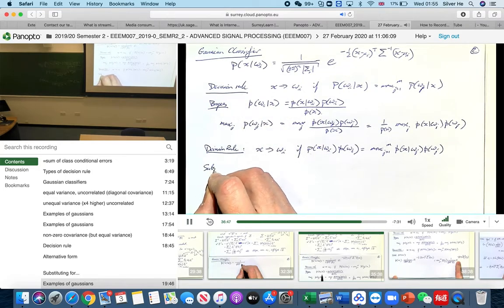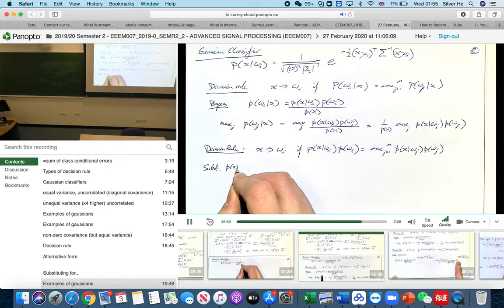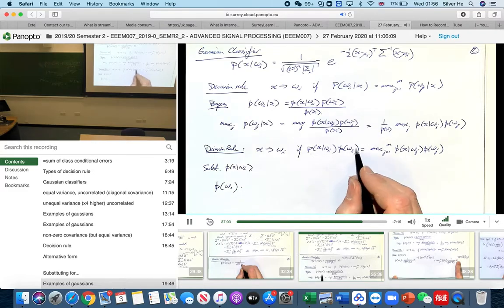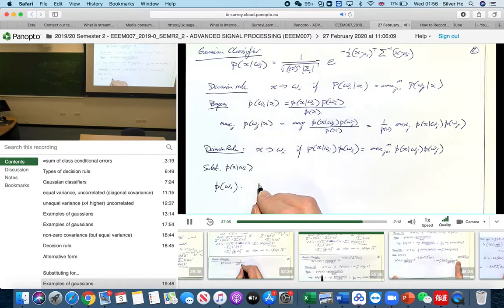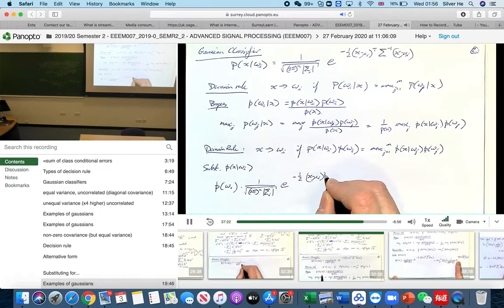So substitute p of x given omega i, we get p of omega i times, which is this bit, multiplied by this formula, 1 over root 2 pi to the n determinant of sigma i, e to the minus a half x minus mu i transpose sigma to the minus 1 x minus mu i